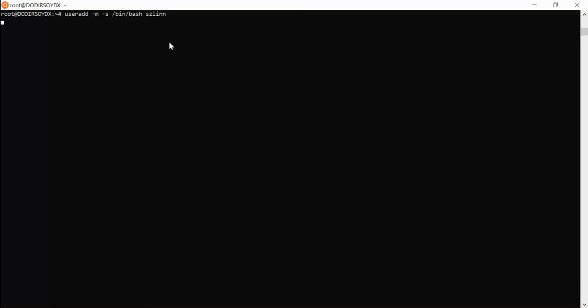Okay, done. Now set the password for sglin. I'm just giving a random password like admin. This is gonna be my Ansible server, so I'm giving admin@123. Okay,